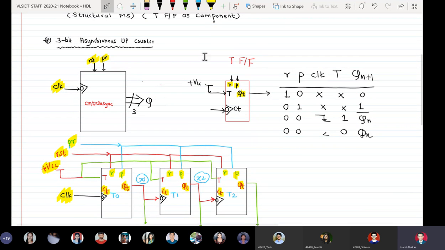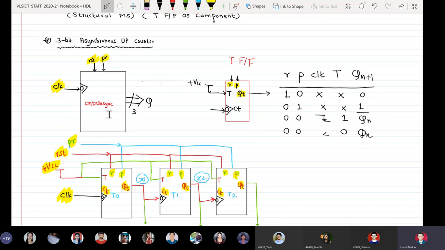And we want to use a T flip-flop as a component here, and the inputs to the T flip-flop are, the first input is T, which must be tied to 1, and it has its own reset and preset denoted as R and P. The output of the T flip-flop is QT, and it is also having negative edge triggering, but the clock is CT. So R, P, T, QT and CT are the reset, preset, the T input, the output, and the clock input of T flip-flop, while our parent entity CNTR3 async has the inputs RST, PR, clock, and Q.